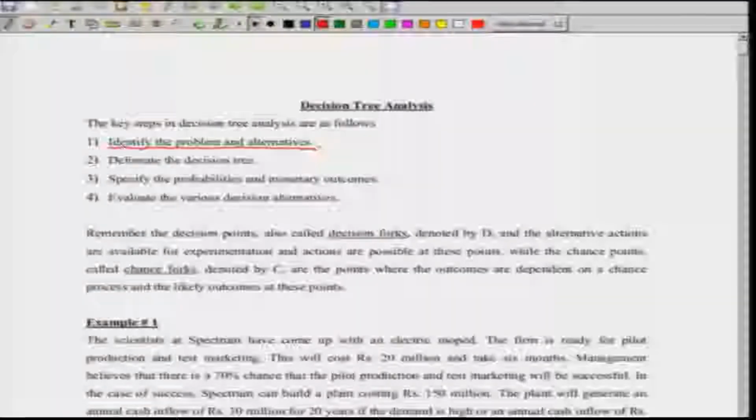Similarly, you will have different type of constraints coming up in the scenario of decision trees, but our main focus would be on 2 very simple problems where we want to basically find out the expected value and rank them accordingly. So, next point which is mentioned under point 1 is the alternative. So, basically for any decision you have different alternatives.